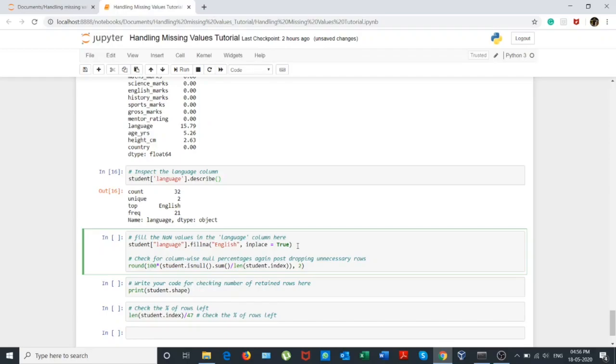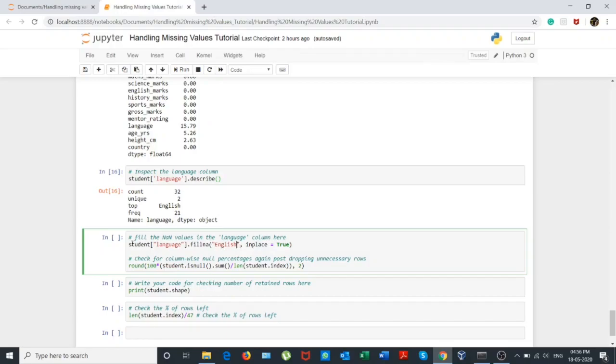So we can assume that out of 15 missing values, if we want to fill a language, we can justify that English will be the spoken language of those students for which the values are missing. So we can replace the null values here with English.